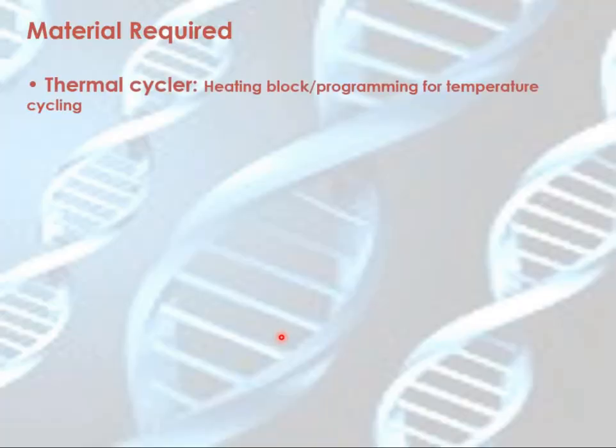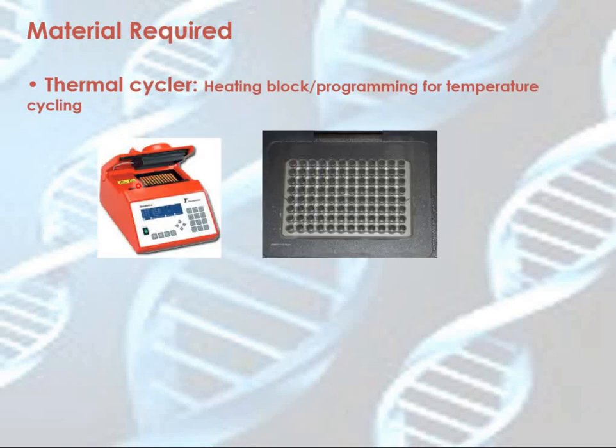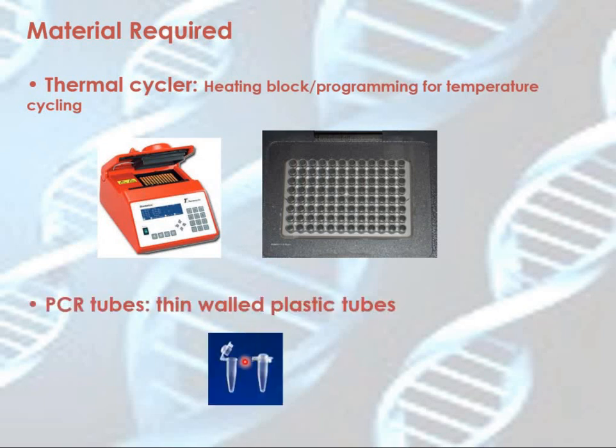Material that is required for this purpose is a heating block that can be used for programming. This is known as a thermal cycler, or commonly laboratory PCR machine भी कहते हैं, but it's a thermal cycler where you can vary the temperature. These are the slots in which you keep your tubes. This is the machine. यहाँ पे आप programming कर सकते हैं कि आपको उसको 94 degrees 30 seconds के लिए expose करना है, फिर annealing temperature से 50 degrees पे 30 seconds के लिए expose करना है, फिर 72 degrees पे 30 seconds के लिए expose करना है इन tubes को. ये thin wall tubes we are using. ठीक है.